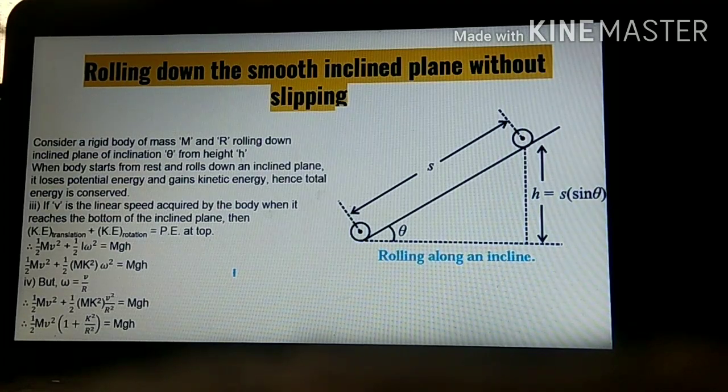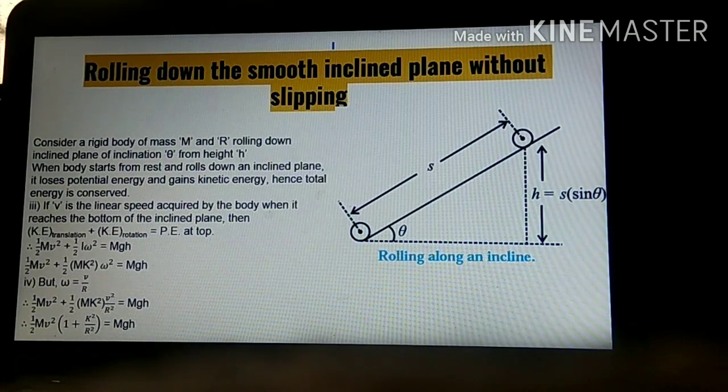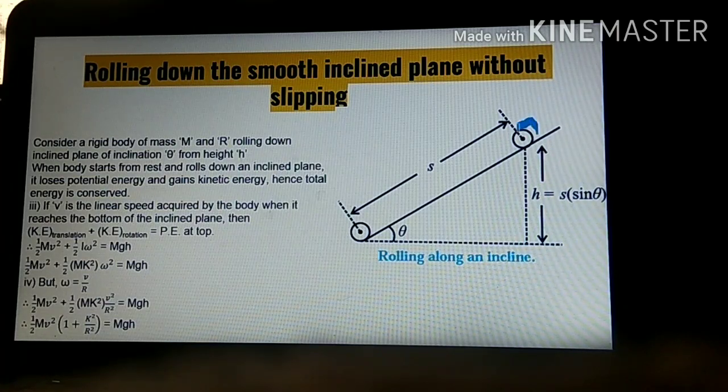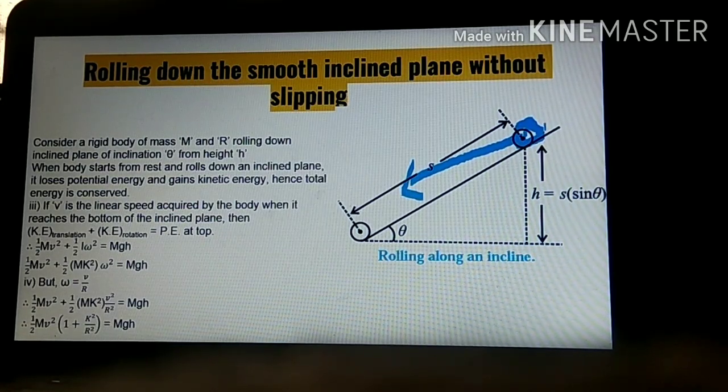Now we will study rolling down. We will see this body which is kept at a height. This is the body which is kept at a certain height and it is allowed to move downwards. Previously, whenever this body was at height, it was not having any kinetic energy, as it was not having any velocity. But it was having potential energy due to its raised height. As soon as this disk is moved, what is happening? Full potential energy is getting converted into kinetic energy. So potential energy is decreasing and kinetic energy is increasing.